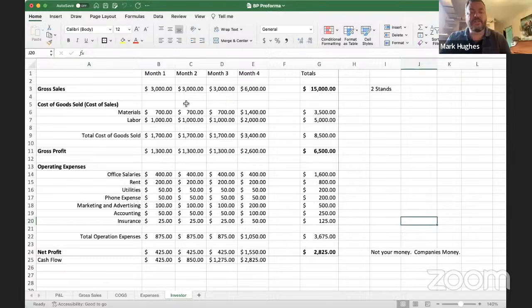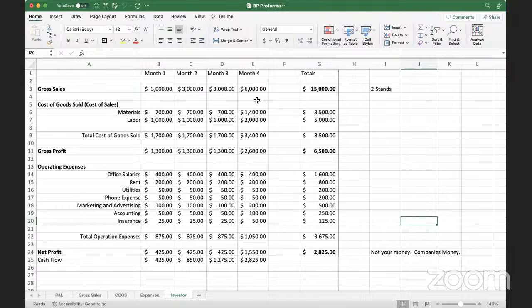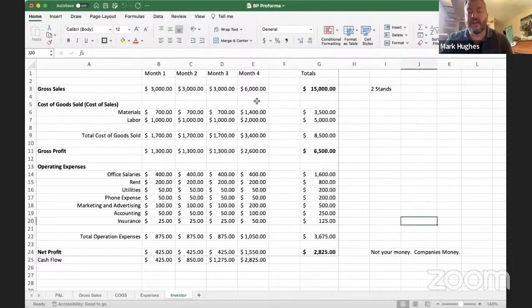So as you can see here in month 4, if we open 2 stands instead of 1 stand,